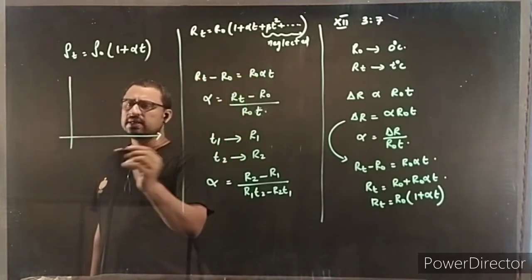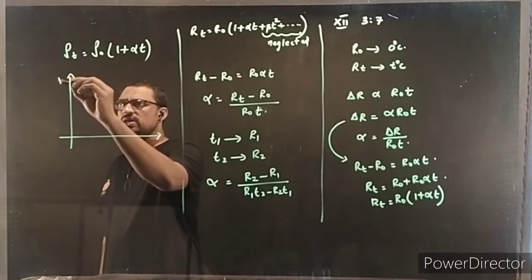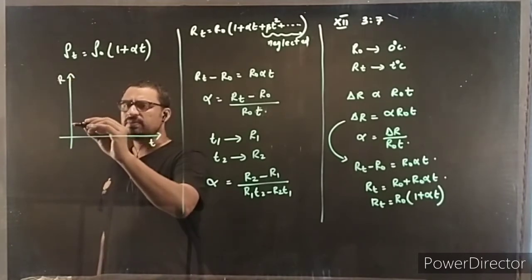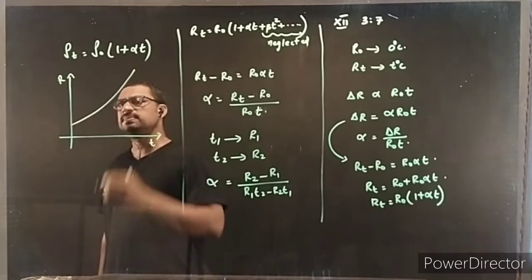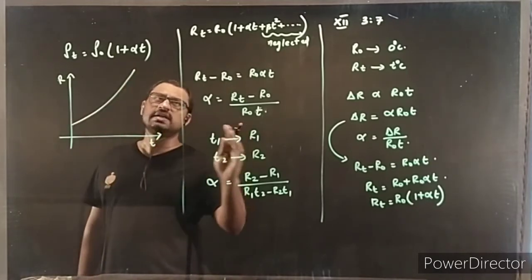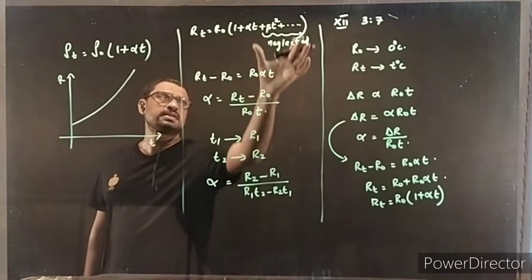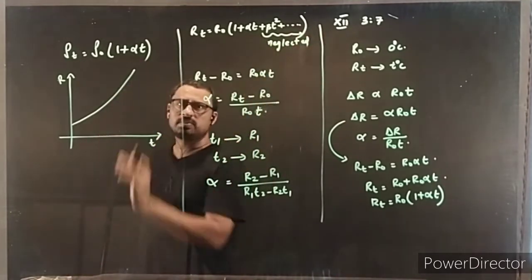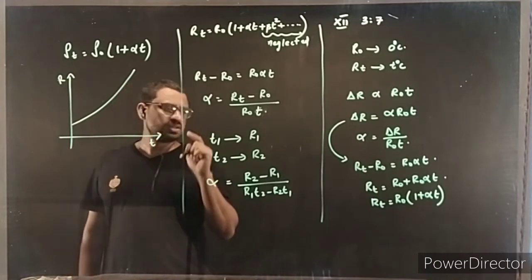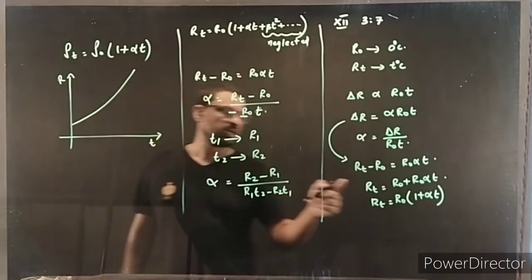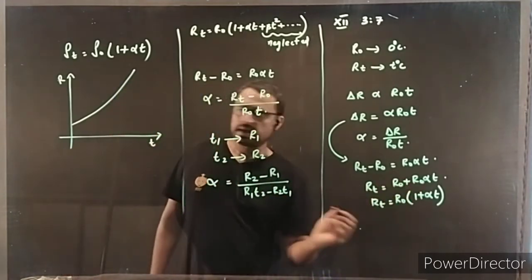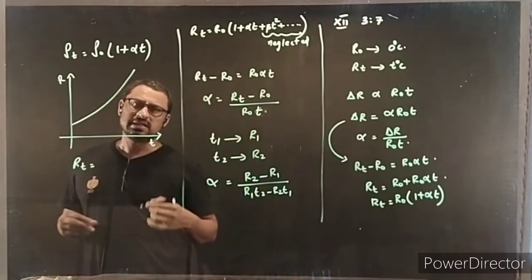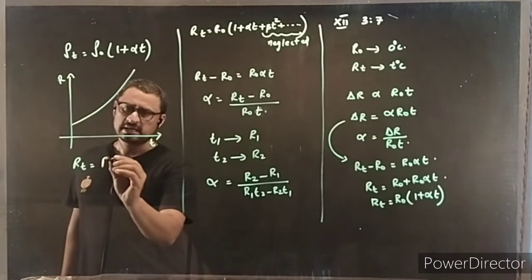So when you write the graph of resistance and temperature, it will be something like this. At very high temperatures, these factors will come up so that the graph will not be a straight line. But when we consider this expression only, which is within our syllabus,